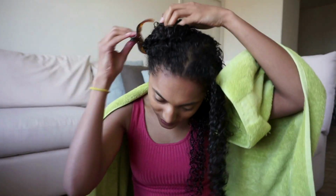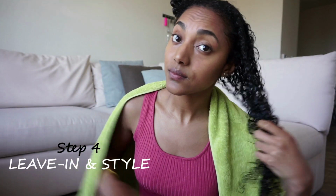And then the towel is just extra, honestly. I use this just in case someone comes knocking on the door. I look a little less crazy. Maybe. After about 25 minutes, I will rinse out all of the deep conditioner and move on to step 4,